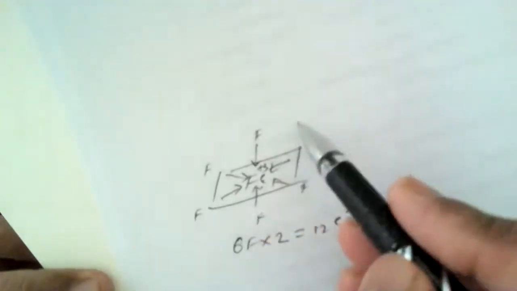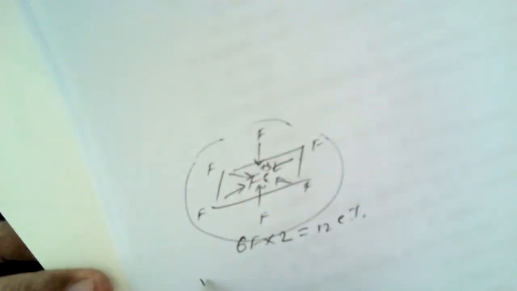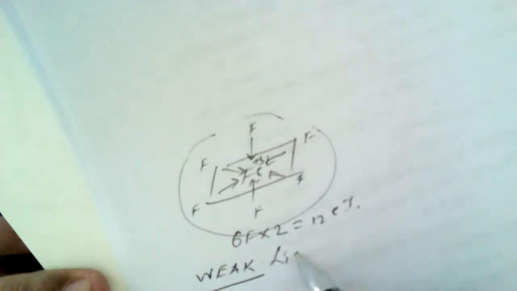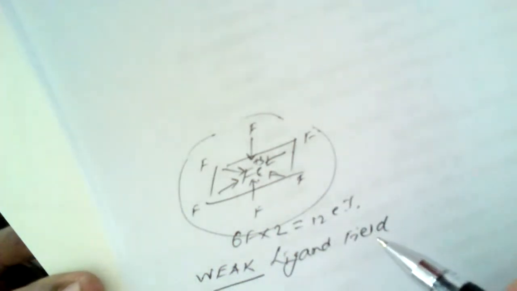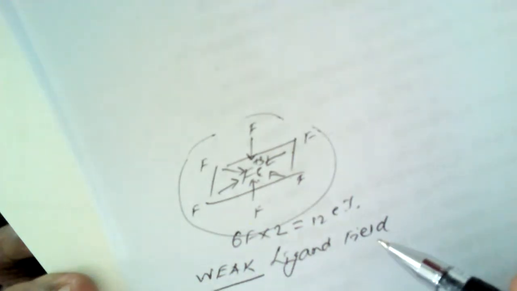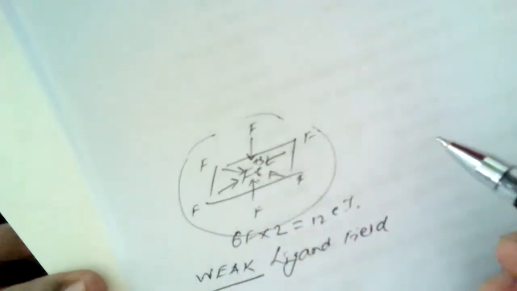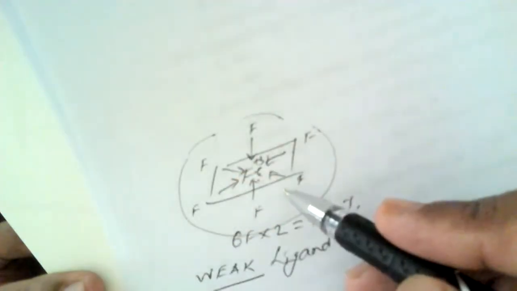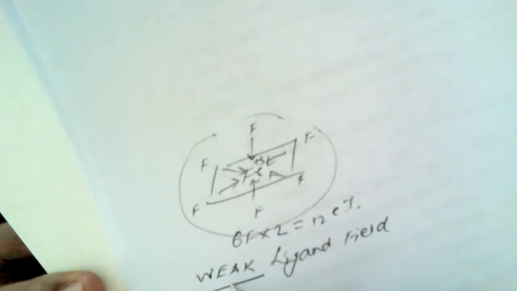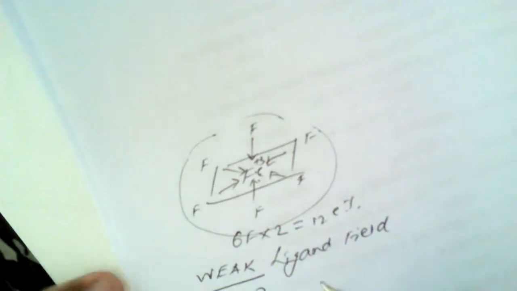Now, when fluoride atoms form a complex, the field created by fluoride atoms is rather weak, and hence they create a weak ligand field. A ligand is an electron-rich species which is capable of donating electrons to the central metal atom. So the ligand field created by 6 fluorides is very, very poor, or very, very weak. Under a weak or poor ligand field, these electrons prefer to remain unpaired.